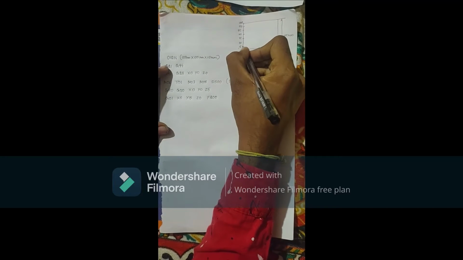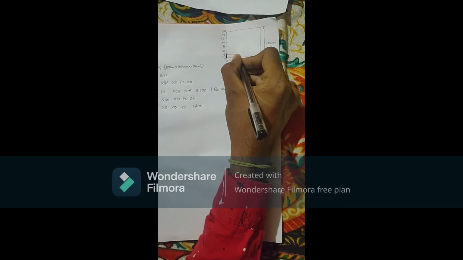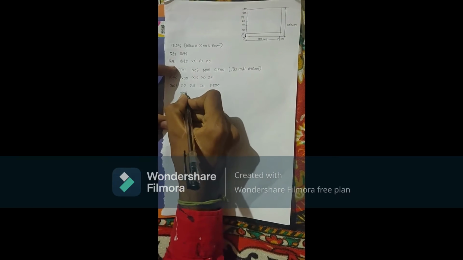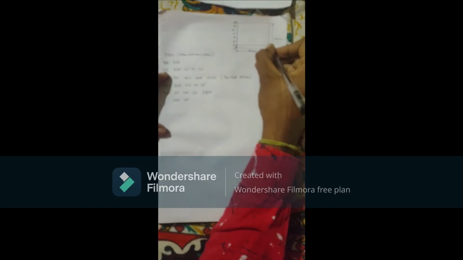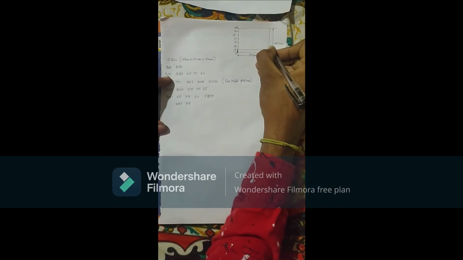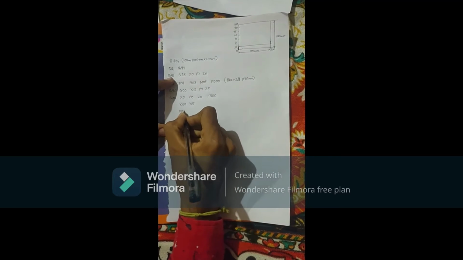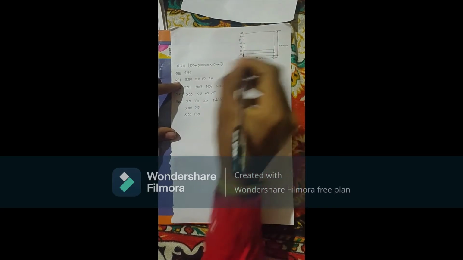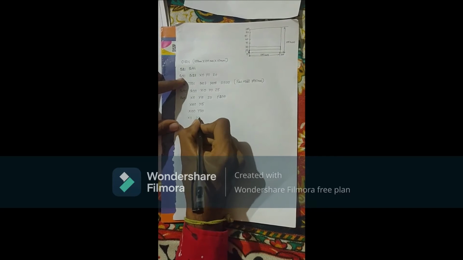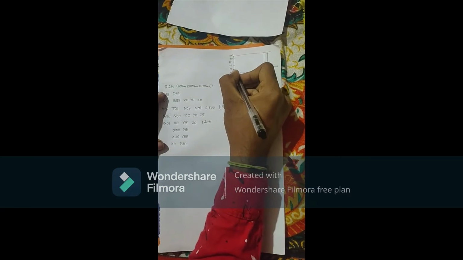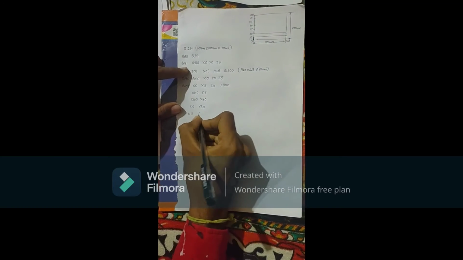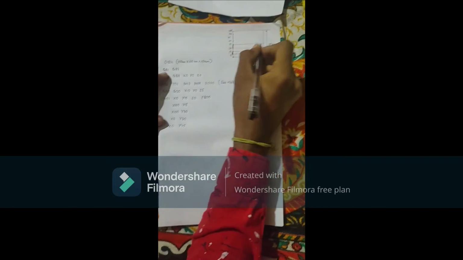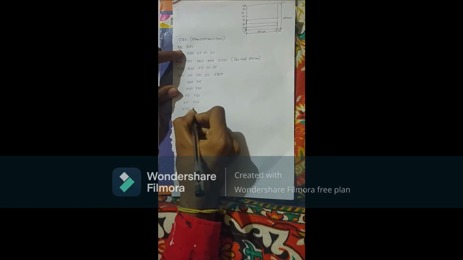And now we have moved the tool from here to here. We need to move from here to here, that is G01, x100 and y will be 15. Now from 15 to 30 we need to move, that is x will be 100 only, y will change to 30. And now we need to move from here to here, that is x will be 0 and y will be 30. And now 30 to 45, that is x will be 0, y will be 45, and then from here to here, x will be 100 and y will be 45.